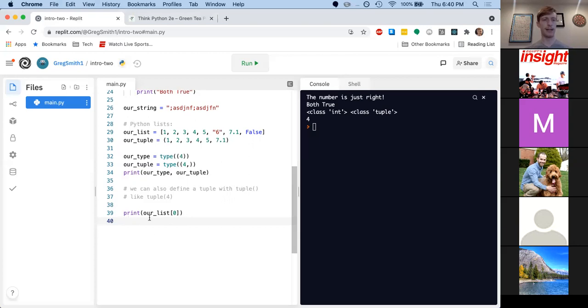Anyway, here we have print our list index 0, and we do get back just 1, the integer 1, the first element in our list. We can do this with any index position, although if we give one that doesn't exist, we'll get a Python exception, this index error. So the index position does have to exist in our list, but otherwise,